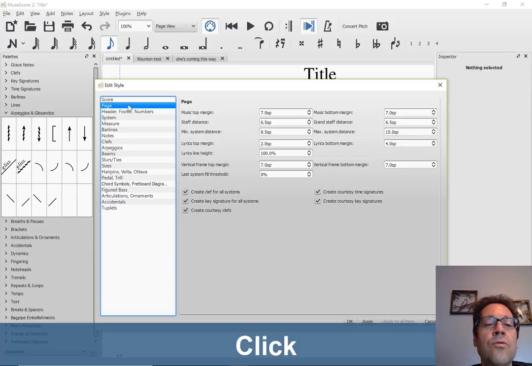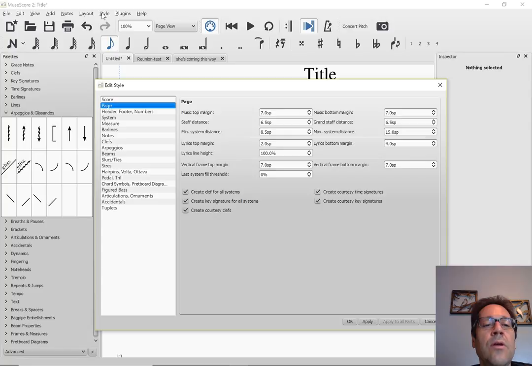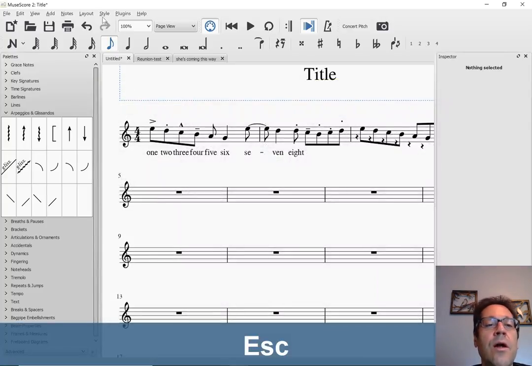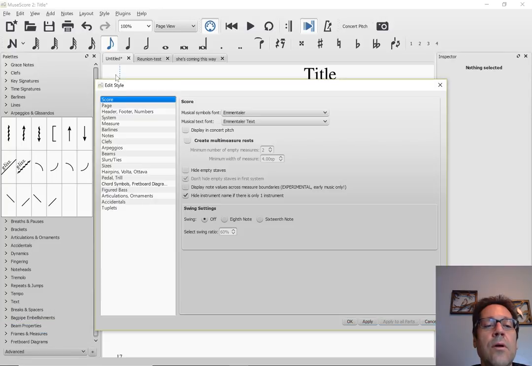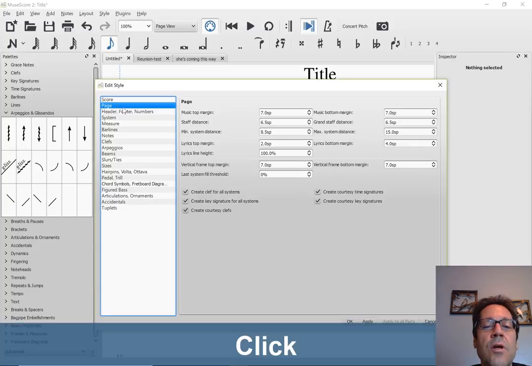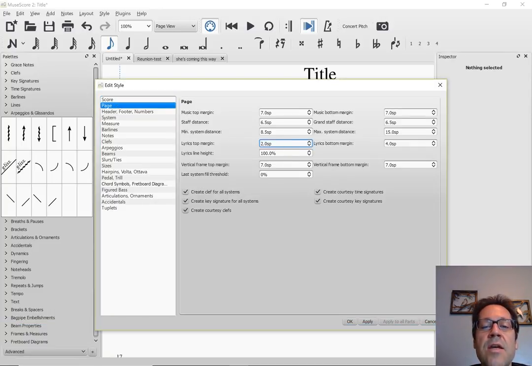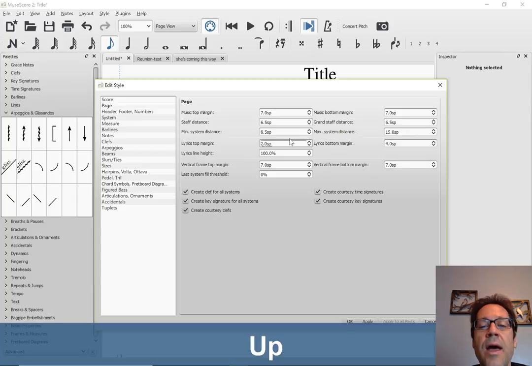But I went to Style and then General. Here, let me walk that through again. I went to Style, General, and then Page. You see that there's a setting here for the margin above the lyric and a margin below the lyric. So I could just increase that and say I want this to be,